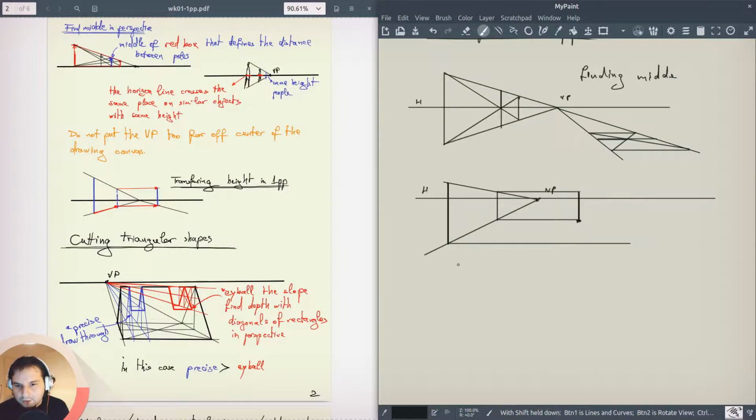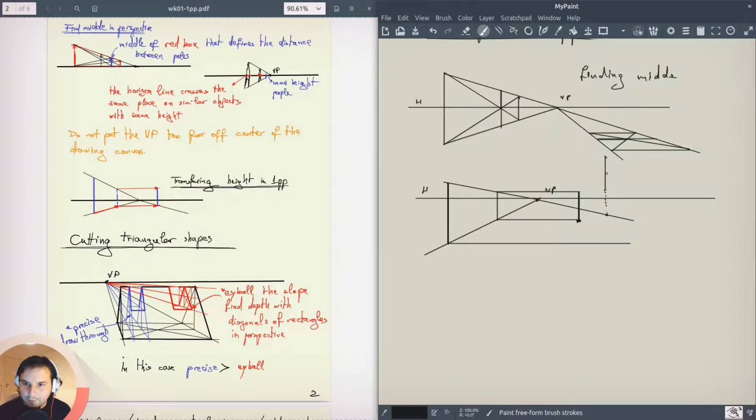Simple. And to do the same stuff but for an object that isn't on the ground plane, you just have to calculate the intersection with the ground. So basically you extend this like so. The height, the verticals are going to be exactly the same no matter where they are in the same plane that faces us. So what that means is that I just need to copy this,